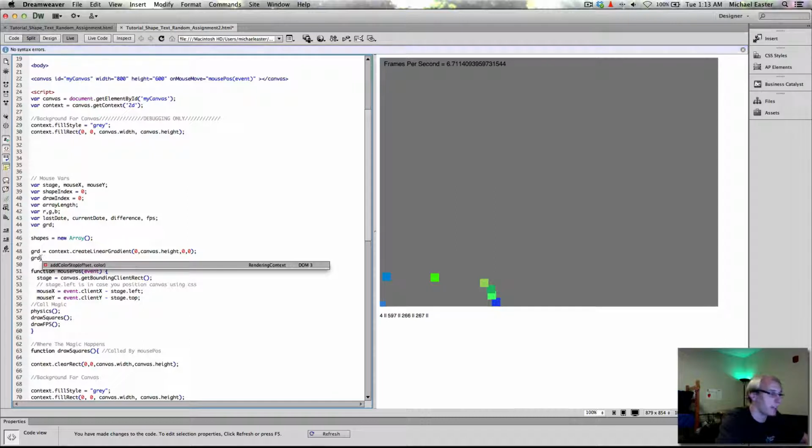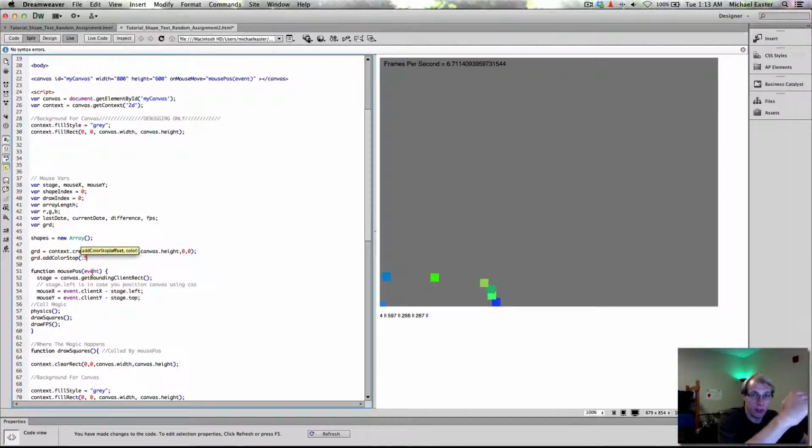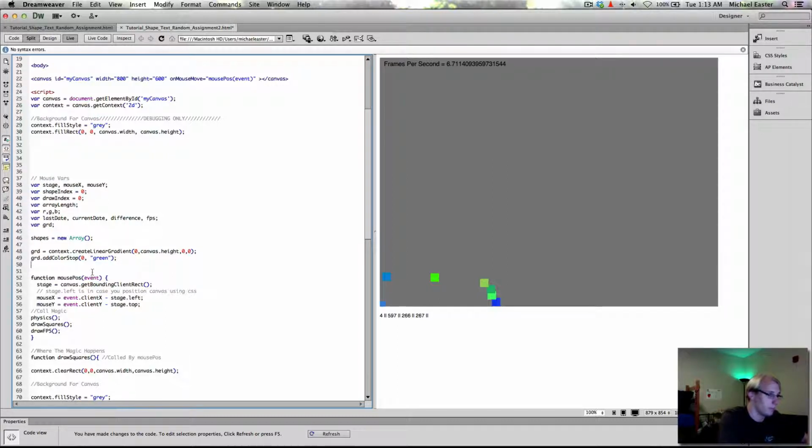There we go. I forgot to say GRD equals that. So GRD add color stop offset is the point value. So 0 is going to be starting at the beginning. 0.5 is going to put this stop in the middle, and then 1 will put it all the way at the end. So I'm going to go ahead and do 0, and the color that I'm going to choose is green. And this is not going to look good because it's going to be a neon green. But just for showing the point,